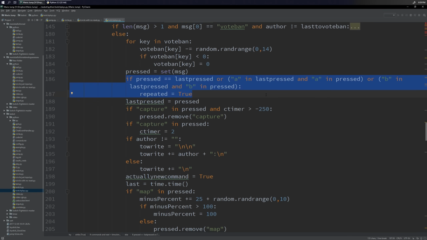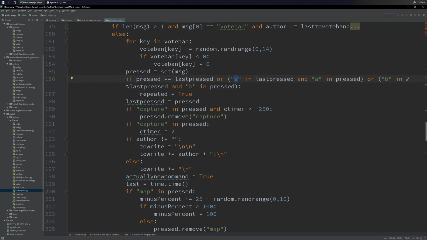Because like most buttons, if, for example, you have a bunch of people spamming up, the assumption is that you want Mario to go up. That makes sense, right? Yeah. You don't want them to be pressing up repeatedly. You want them to be going up. But for jump specifically, and I think really Cappy, the cat hat throw, should be in here as well, I figured if you have a bunch of people spamming the jump button, the assumption is that Mario should be jumping repeatedly.